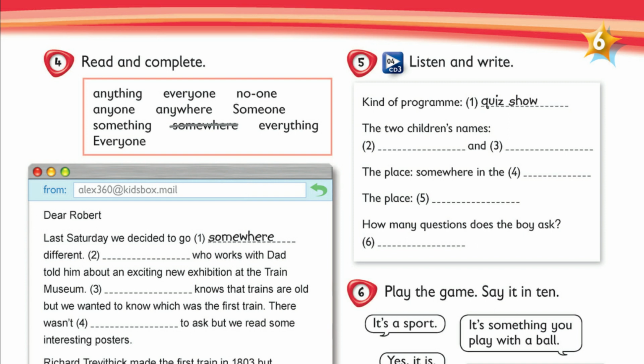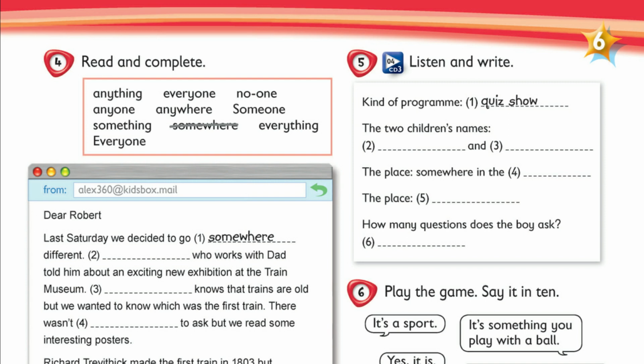Don't forget, you can only answer yes or no. OK. Fine. So, Sally, you start. What's it going to be? A place, a person, or a thing? Well, I think it's going to be a place. Is it somewhere you go to buy things? No. But is it somewhere in the city? Yes. Is it...